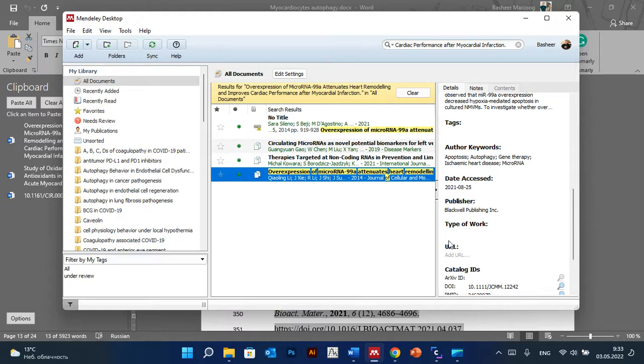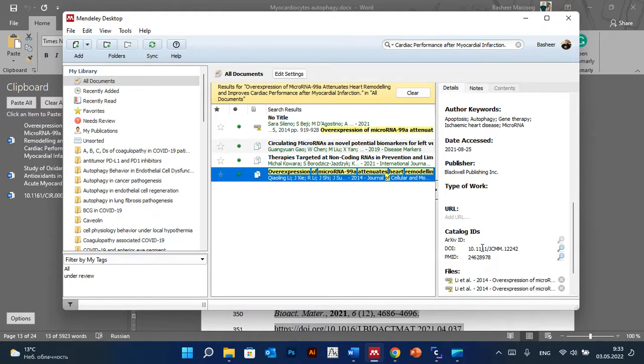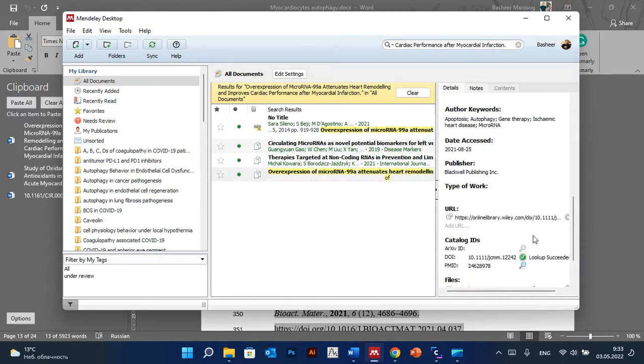So if the paper is not present, what you will do, you need to go by the URL, or if you have Zotero or EndNote, if you have these programs, they are more accurate. But EndNote is not for free, you have to pay for it. And Zotero is also free. So if it is not present